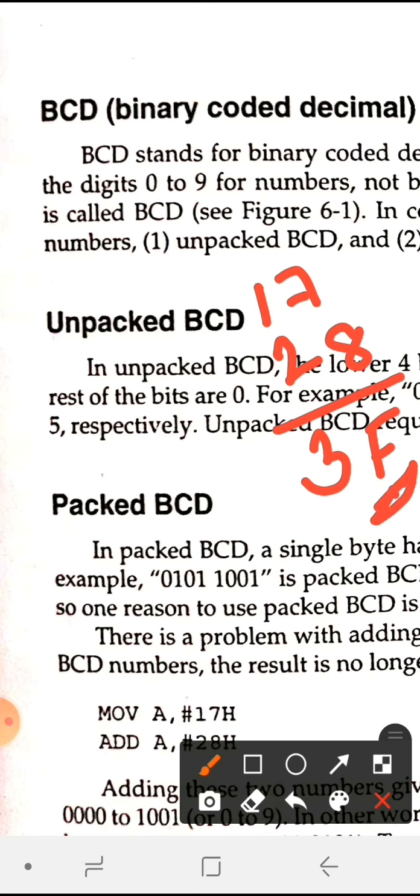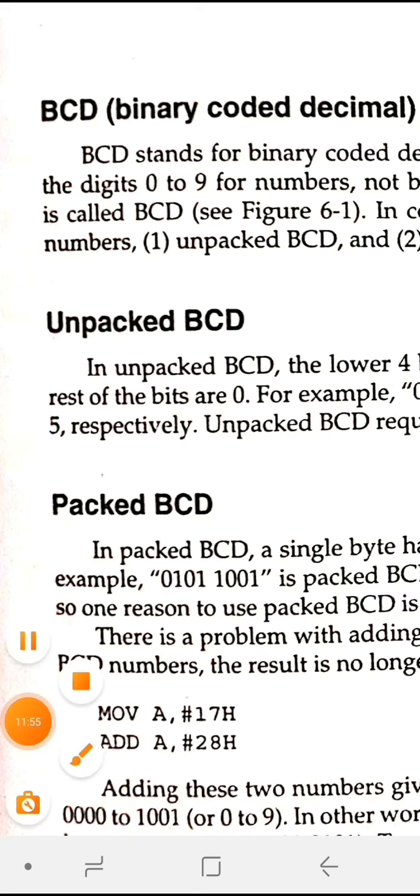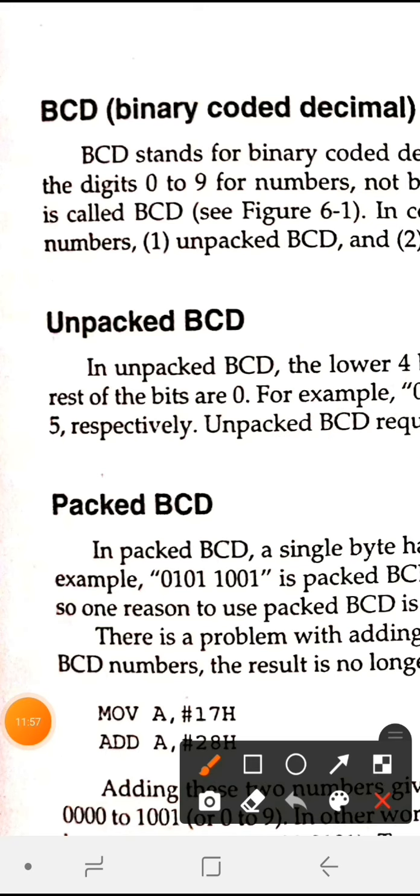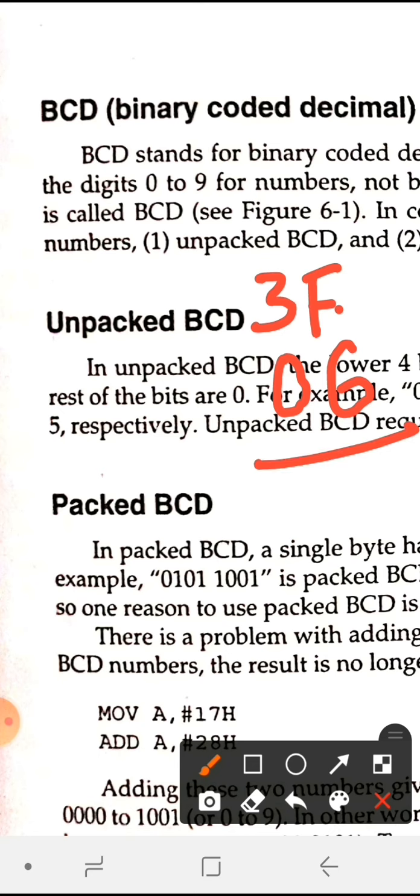Therefore, to make this answer BCD, we go with an instruction called DAA, nothing but decimal adjust for addition. Whenever the lower or higher nibble is greater than 9, we add 6 to that particular nibble. For example, the answer we got was 3F. Since this F is greater than 9, I will add 06 for this.